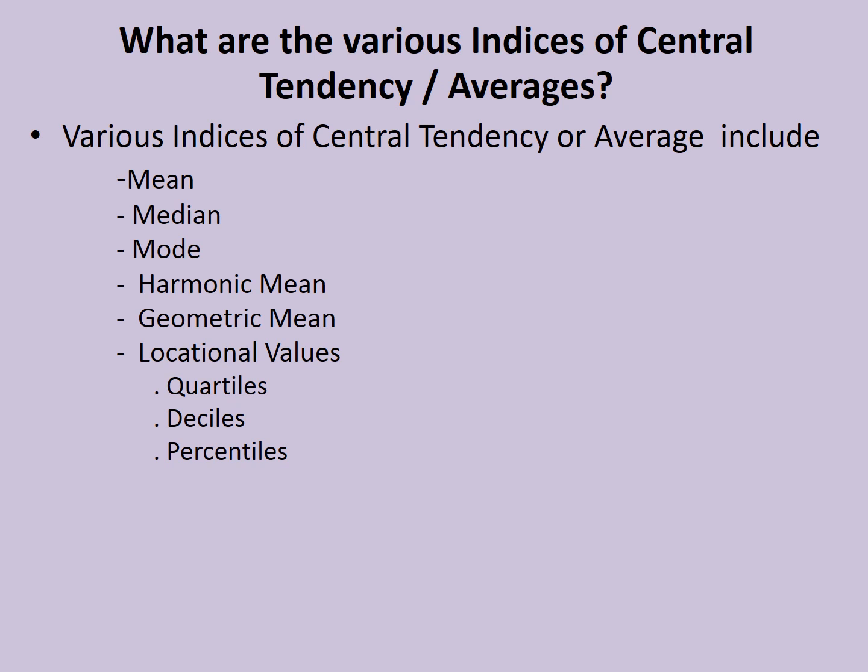Before we go into the details of the various measures or indices of central tendency, first we have to understand the meaning of central tendency. Central tendency or measure of central tendency is a single value that attempts to describe a set of data by identifying the central position within that set of data. As such, measures of central tendency are sometimes called measures of central location. They are also classed as summary statistics.